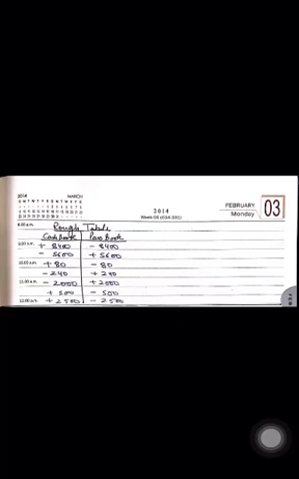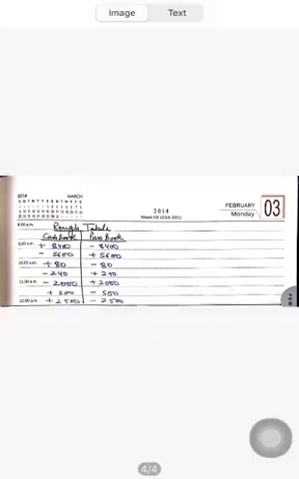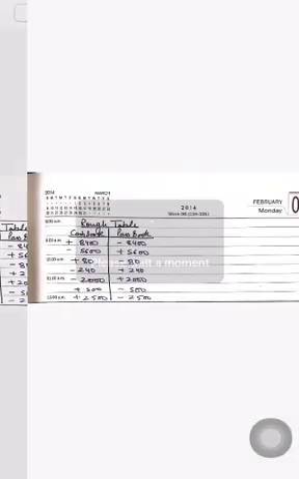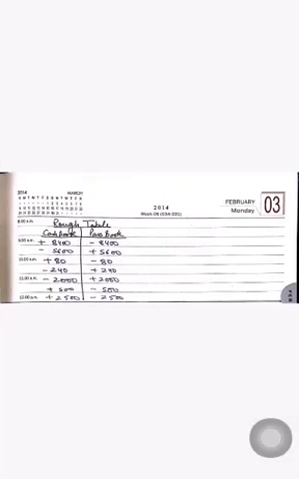Okay, so in this rough table we have made 2 columns, cash book and passbook. Our first entry was check sent to bank for collection. If we are sending any type of check to bank, we will think that the amount will be credited. So we have written it plus, but the check is not being credited by the bank. It means in the passbook, in the bank, it's still minus. So we have written minus 8,400.